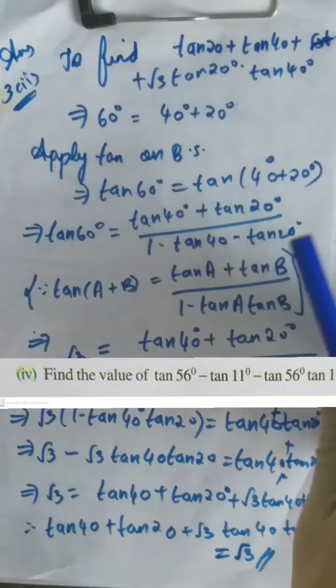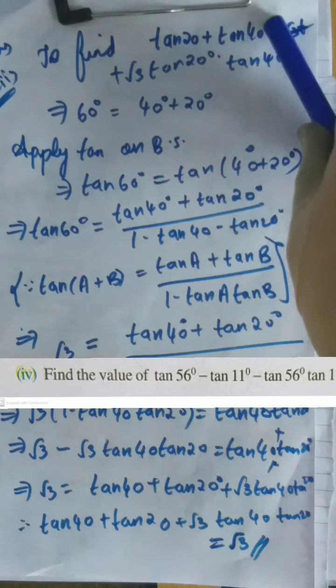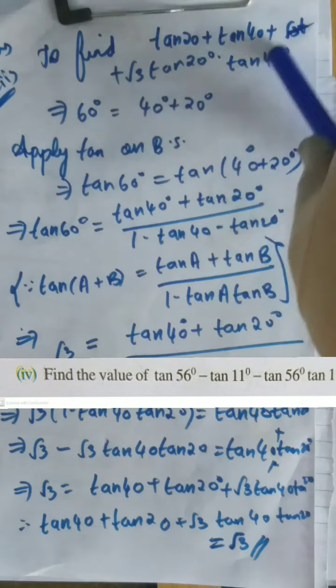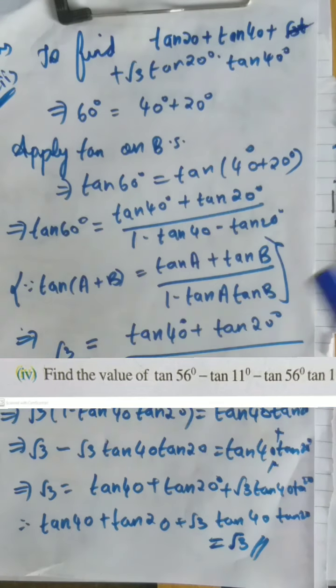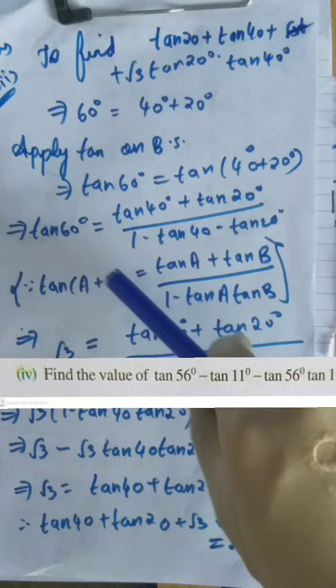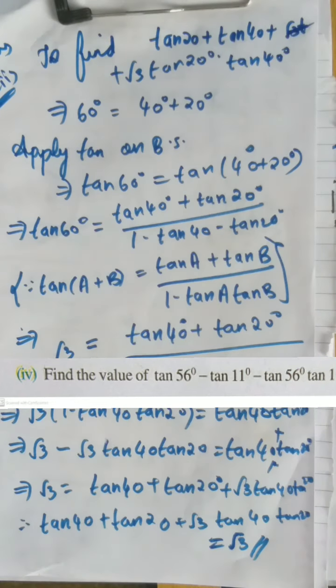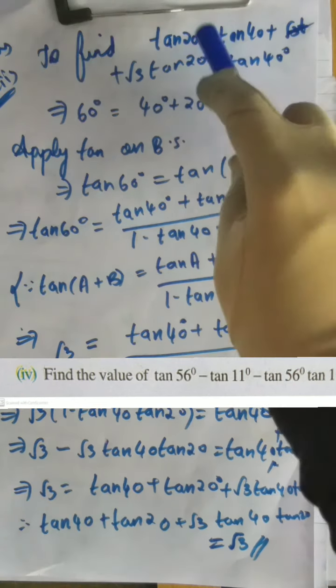Okay, in these type of questions, like we have to find out tan A plus tan B plus root 3 into tan A tan B, something like these type of questions. We'll either use a formula of tan A plus B or we'll use a formula of tan A minus B. If we have plus here, we'll use the formula of tan A plus B. And if we have minus, we can use the formula of tan A minus B. And based on the angles, we'll take the angles.